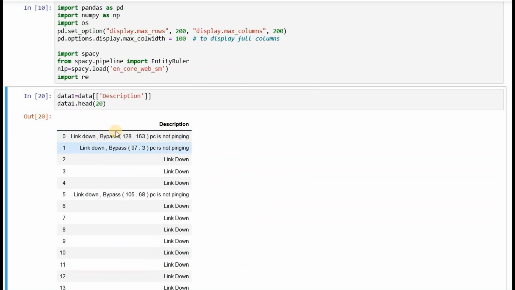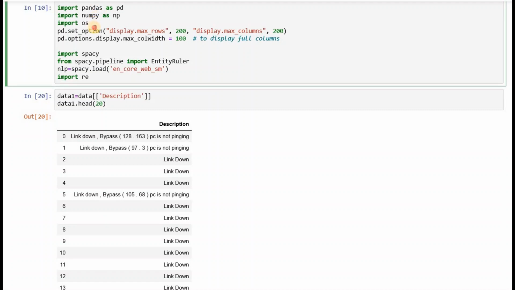Okay, so this is the data that we have. These are the libraries that we have to use, like pandas, numpy, and os, which are some fixed libraries. This line, pd.options.display.max_colwidth equal to 100, is useful because when we don't mention it, the entire value of a particular cell is sometimes not visible if it has a large length.